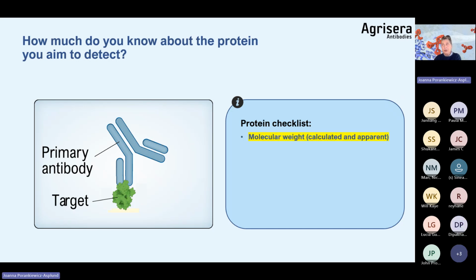You need to know the molecular weight of the protein, which is calculated, and can actually be different. Calculated and apparent can differ. I will show you how. You also need to check the isoelectric point, protein solubility,